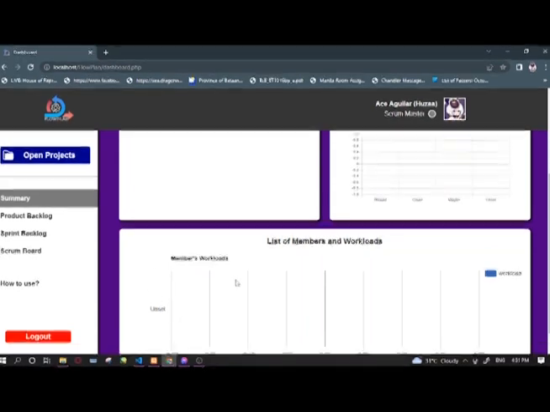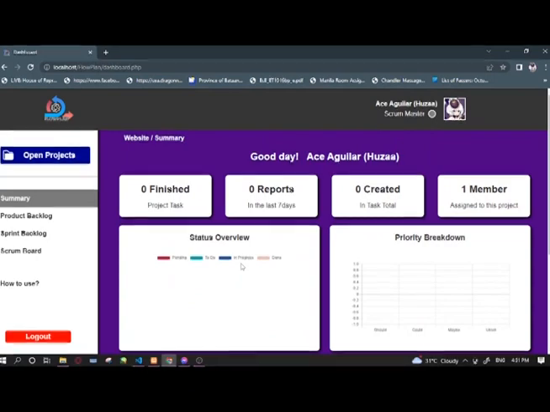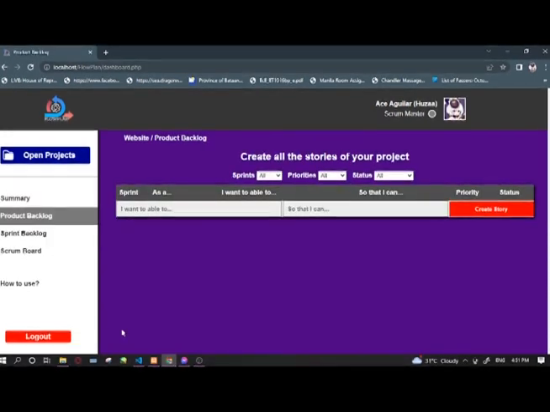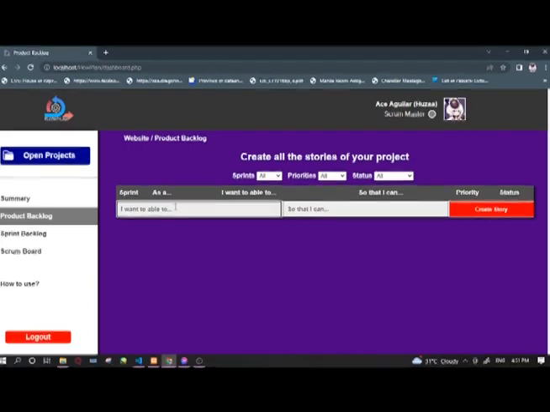After that, we can now start creating a story. So first step is going to the product backlog. In the product backlog, we can see here that we have two text fields. The first one is I want to able to. The second one is so that I can. In here, let's say, I want to able to log in